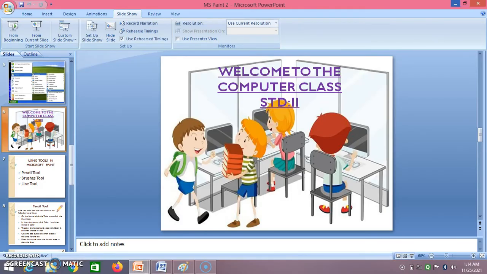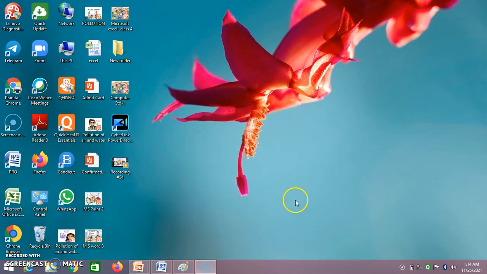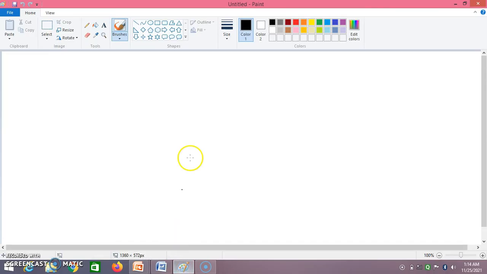Now let us see what exactly we need to do in Microsoft Paint. First let us see how to use the pencil tool. Here I am selecting the pencil tool. First I'll select Color 1 as black. Now I'll draw something. Say, for example, I want to draw an apple.